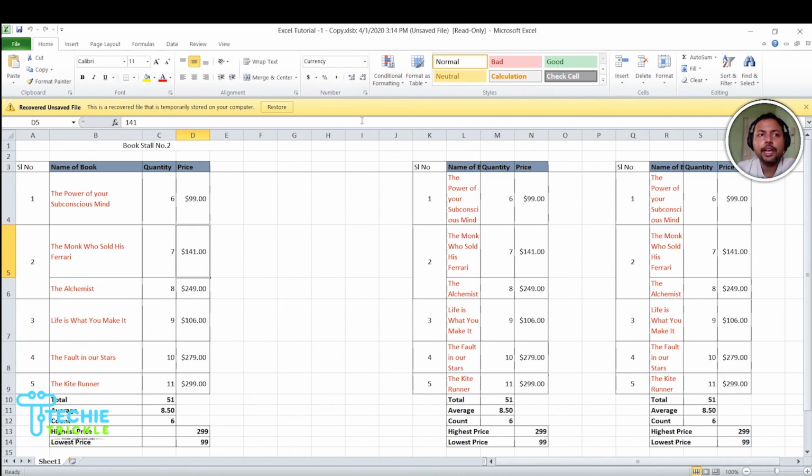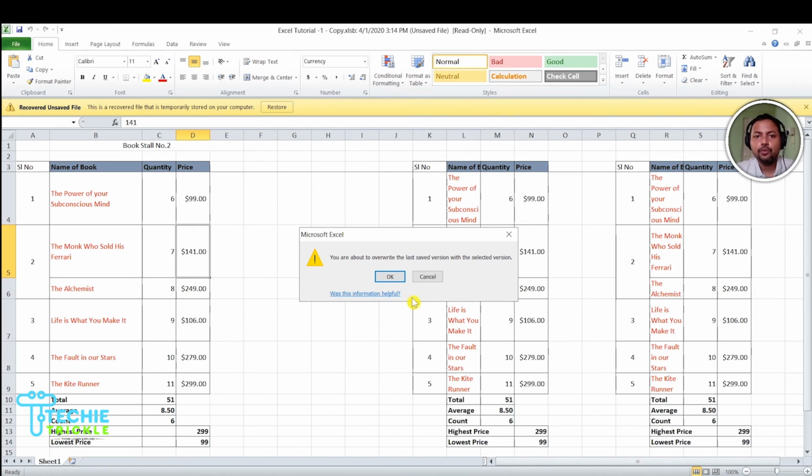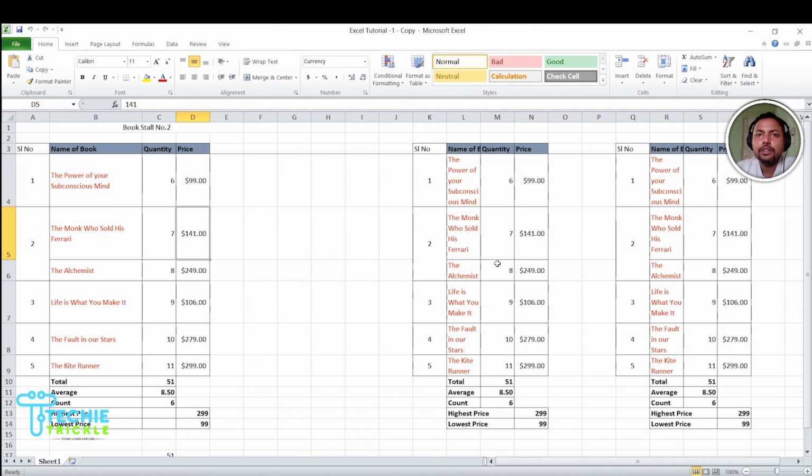Excel does put a message here saying that this is the recovered unsaved file. It asks whether you want to restore this. So you should click on restore. Once you click on restore, it says that you're about to overwrite the last saved version that you had. So you click on OK, and this is now the version of Excel tutorial 1 copy that I was actually working on.